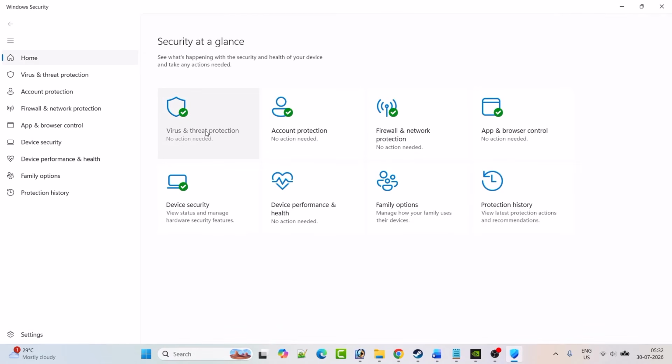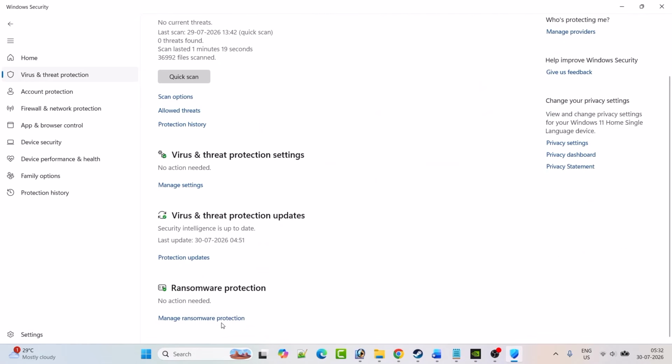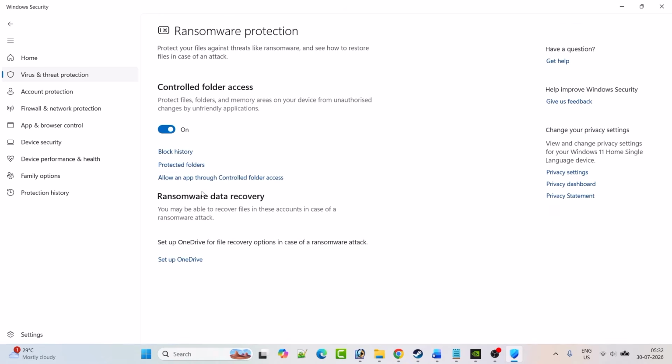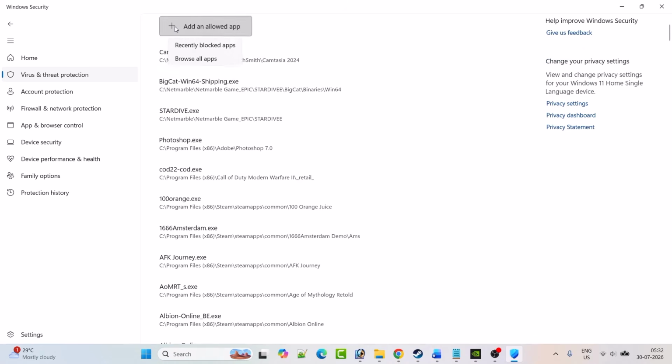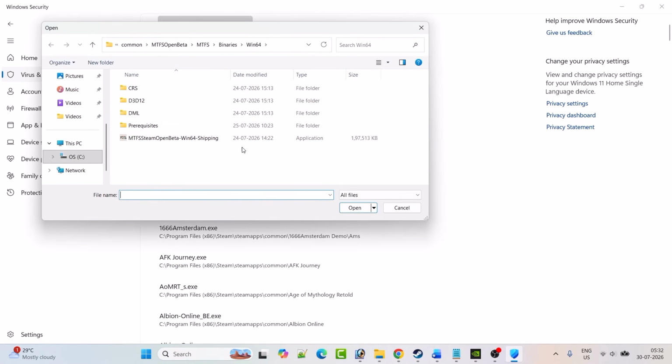Click on virus and threat protection. Scroll down, click on manage ransomware protection. Click on allow an app through controlled folder access. Click yes to allow. Then click on add an allowed app, browse all apps, and then browse to the game